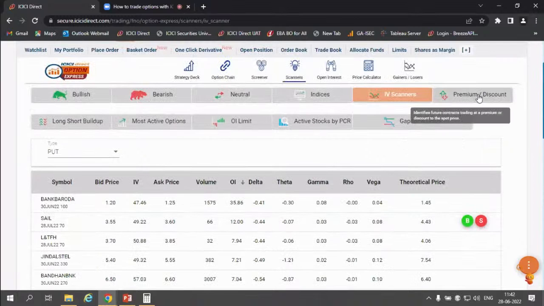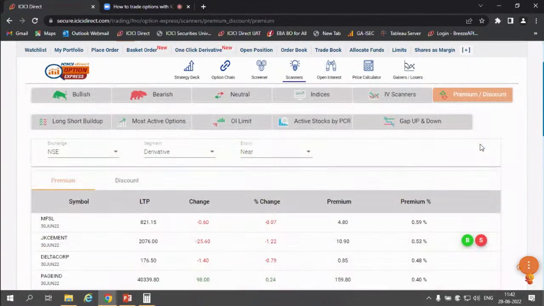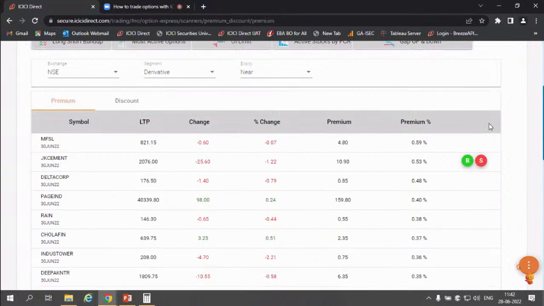Next comes the premium and discount for the futures contracts. Lots of futures traders would like to understand whether a particular futures contract is trading at a premium or at a discount. Trading at a premium means that if the price of a particular contract was supposed to be 800, and let's take the example of MFSL, the LTP is saying 821, and the premium it is saying is 4.8. So what it means is this particular stock is actually trading 4.8 rupees expensive,